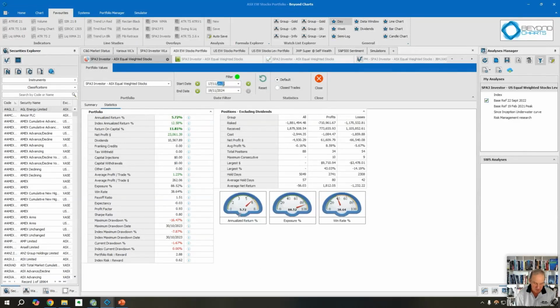And if we go back, I'm not going to do the whole lot. We go back to 2018. It's over the last 6 years. The public portfolio is better by about 3.5, and if we go to inception, it's better by about 2.34 over the life. That's annualized return over that period of time. So we know when we have a look at the equity curve that it's been going sideways for some time.